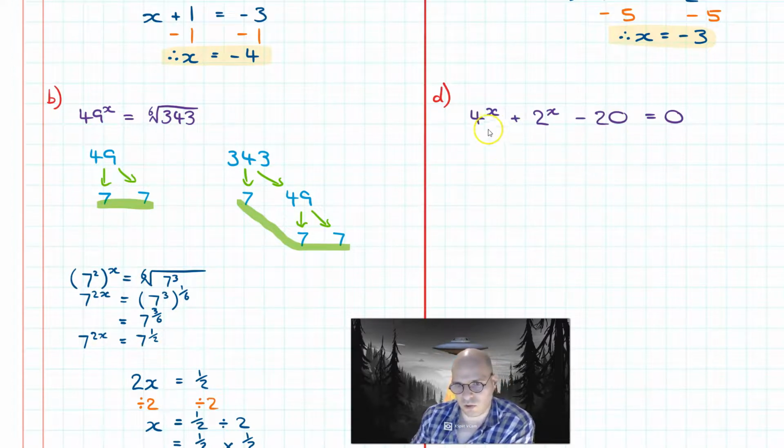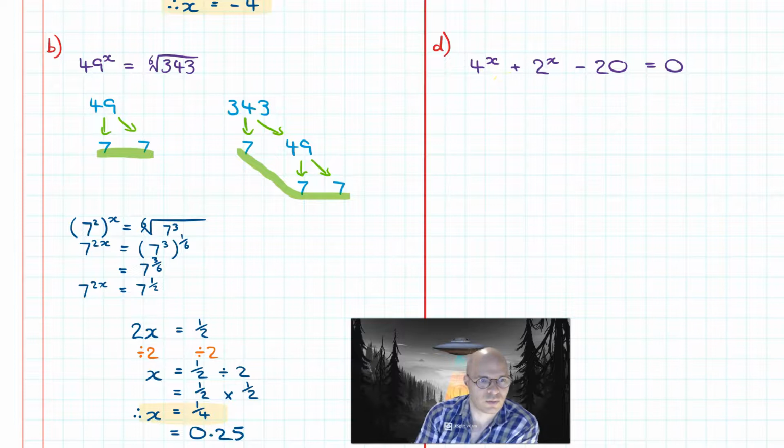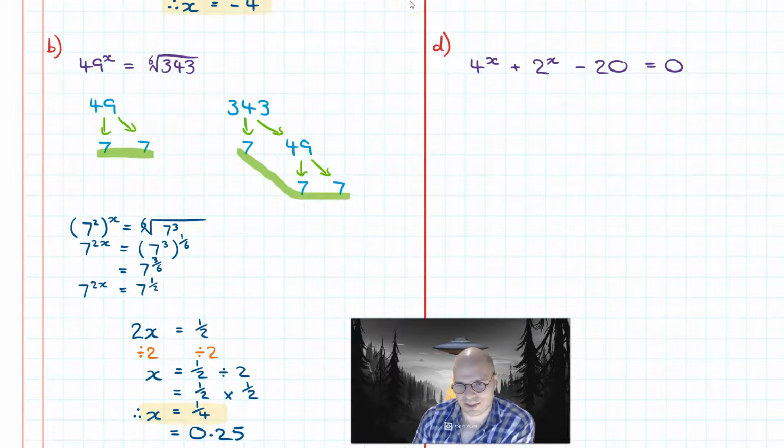We have 4 to the power of x plus 2 to the power of x minus 20 is equal to 0. Once again, we want to solve for x. Now this question here probably looks not too bad, but it's got a pretty tricky twist in it. Now solving this, what I'm going to do is I'm going to go everything is equal to 0. I'm not going to do anything about the 20 yet. I am not going to do anything about this 2 to the x yet, but what I am going to work with is